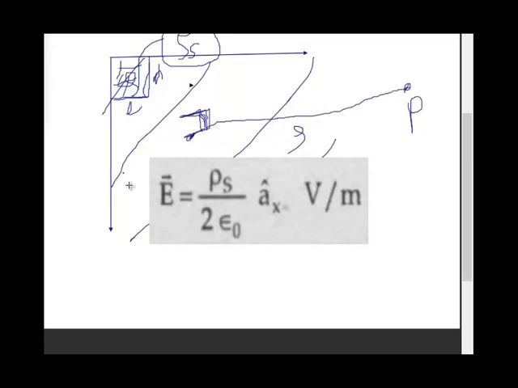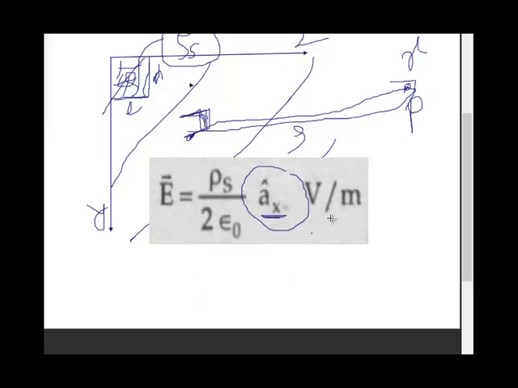Here in this case I have marked it as rho, but if you consider this plane as the YZ plane, then perpendicular to YZ will be the x direction. So you will have a cap x. If you take another plane, for example the xy plane, then the perpendicular will be z, so in that case it will be a cap z.